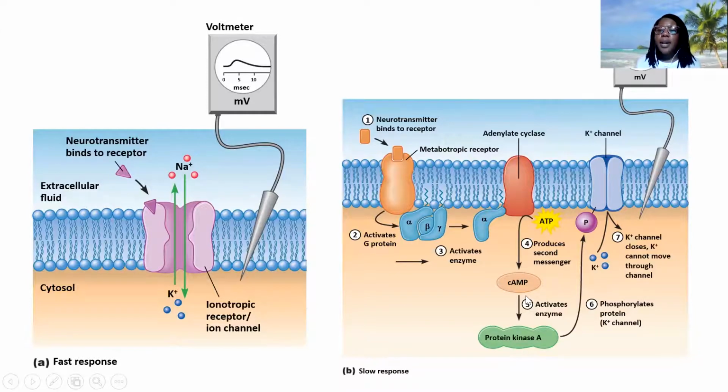Cyclic AMP will enter the cell and it will help to bring about that cellular response, either directly by activating some other enzyme, or by activating that channel directly, which will open up or close and bring about an IPSP or EPSP respectively. So as you can see, there are a lot of steps involved in the process, and this is why we refer to this as a second messenger or a signal transduction mechanism, because this signal has to be passed from one player to the next in order for that channel to be opened or closed and for that IPSP or EPSP to be generated. And so that's the essential difference between the fast versus that slow response.